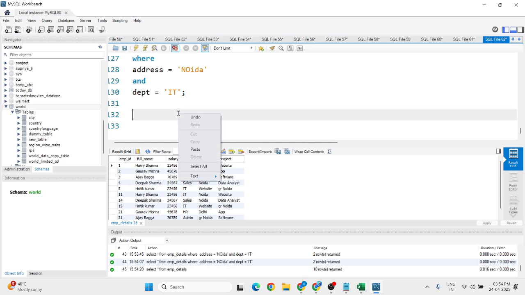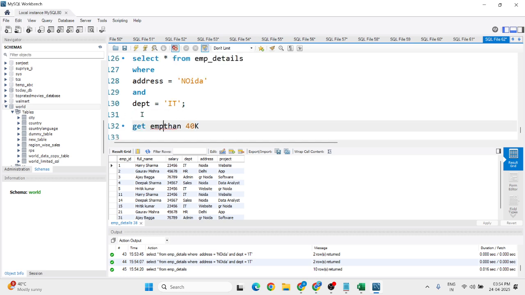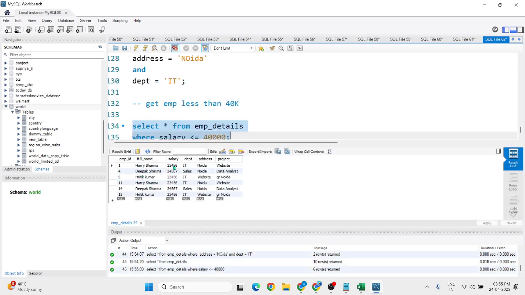40,000. This is the question: get employees with salary less than 40K. This is the requirement. So again what I have to do: select star from employee details. This is my table name, and I'll write a very basic statement: where the salary is less than or equal to, this is the comparison operator, right? Where the salary is less than or equal to 40,000, and just run this, and it will give you the list of employees whose salary is